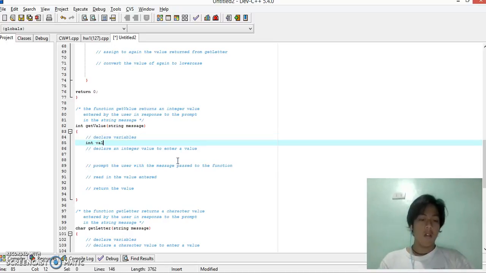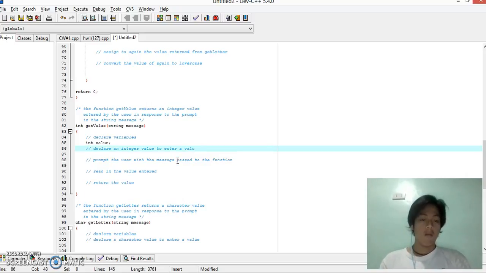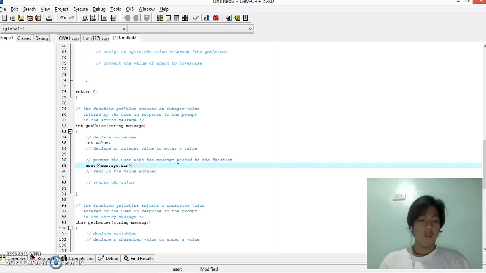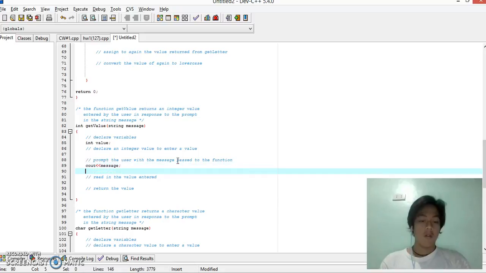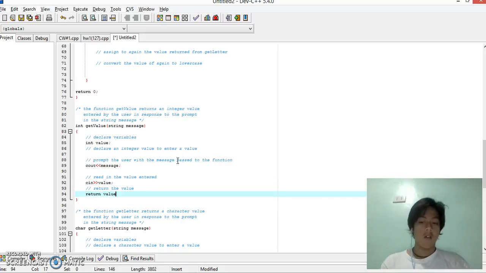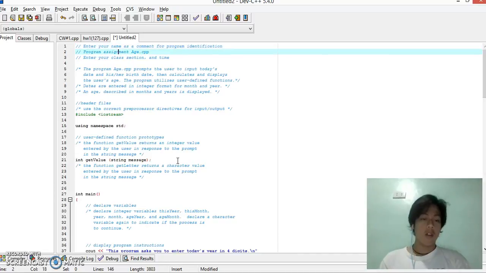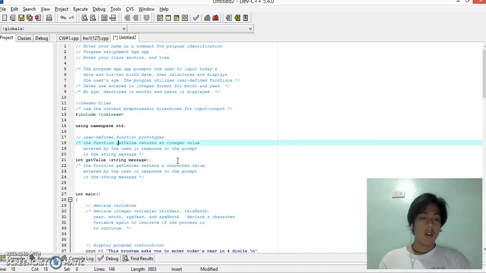Int value. cout message, cin value, and then return value. Now we are done with getValue.